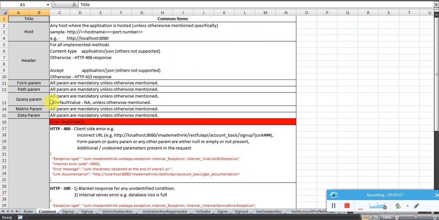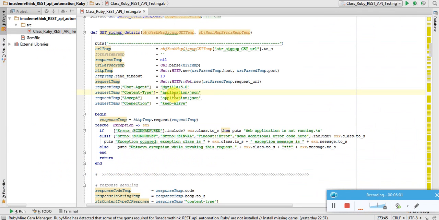this application which I have developed accepts only JSON format and produces JSON format. So it is our duty to send the format in JSON and accept the format in JSON only. So that is why content type of my request is JSON, and what I am going to accept from the application is also a JSON format. Now actually raising a request.